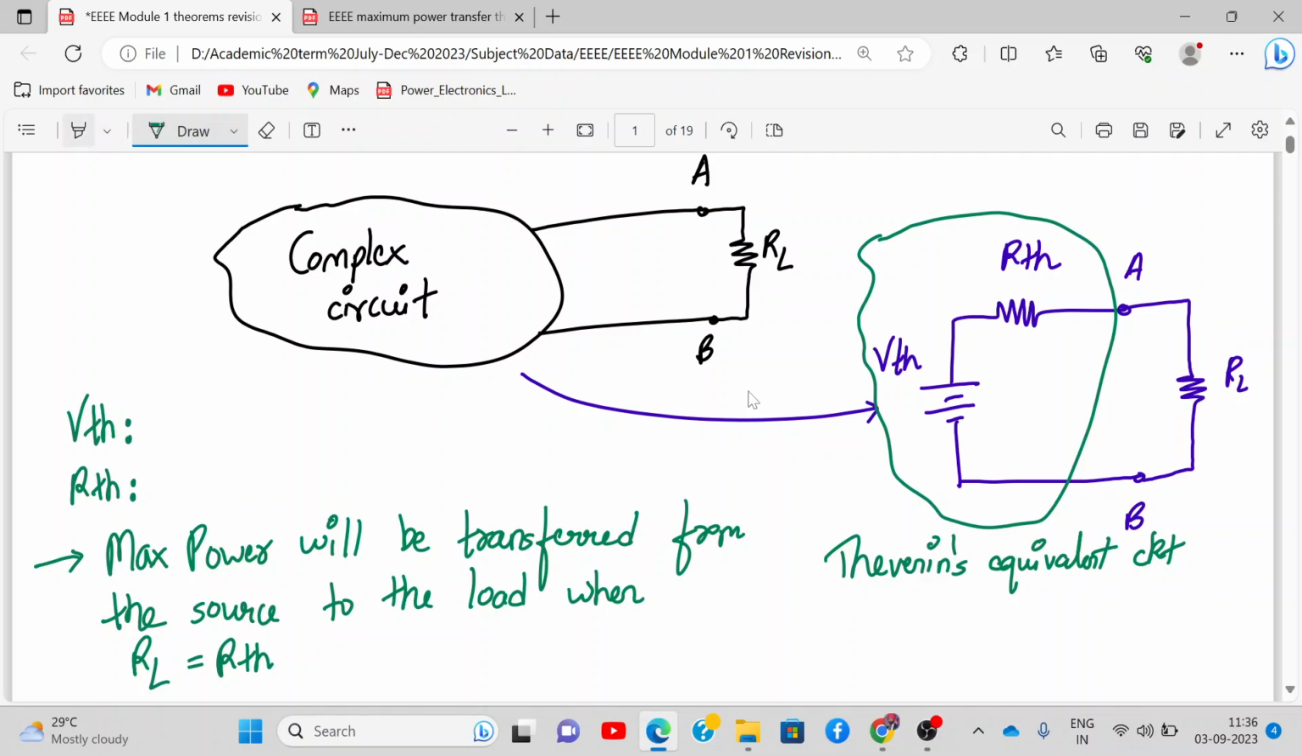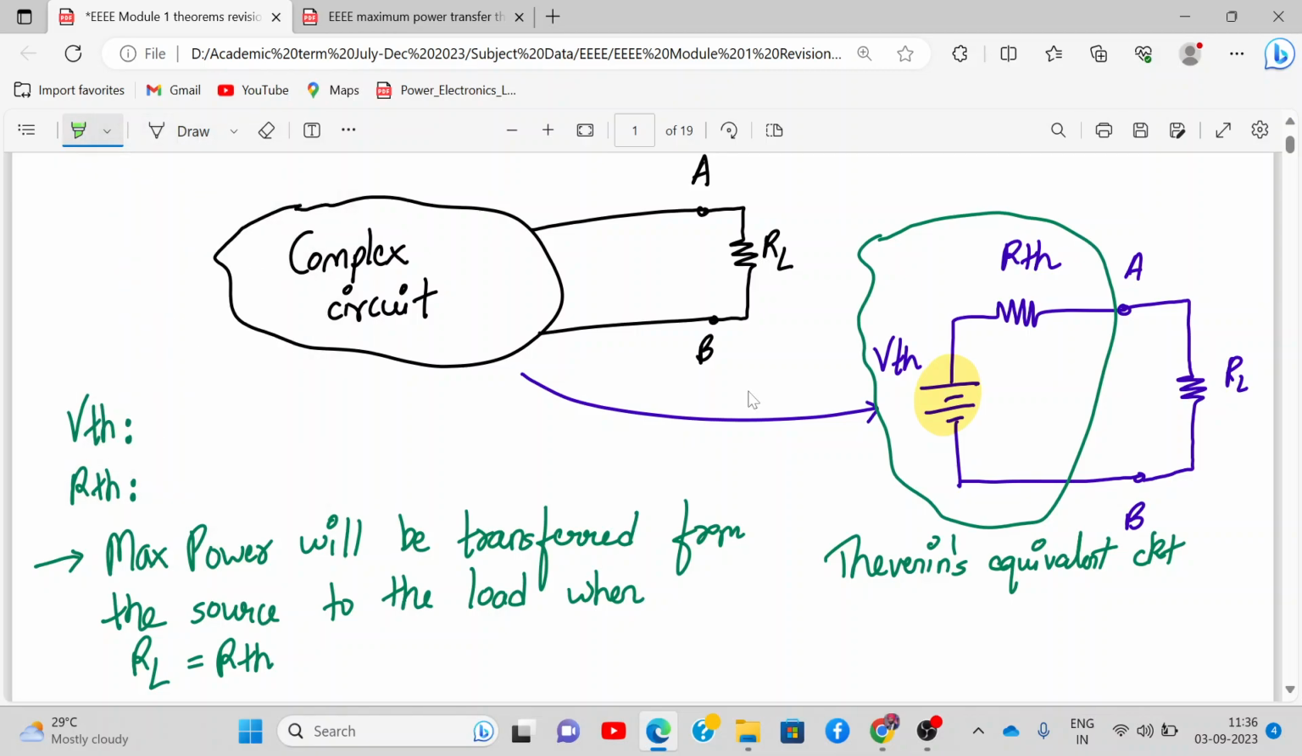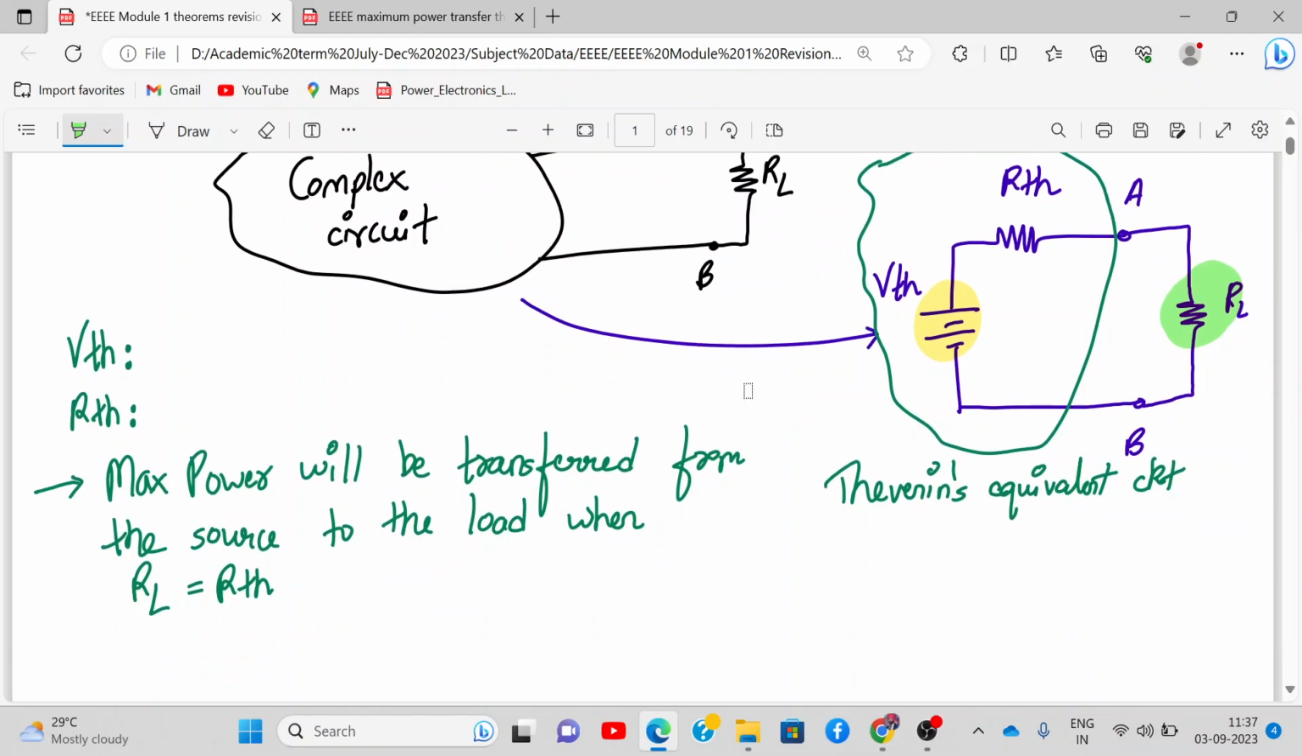So what is the source over here? This is my source, right? This yellow color is my source, and this green color is my load. So maximum power will be transferred from the source to the load whenever RL is equal to RTH. That is what is meant by the maximum power transfer theorem. You got it? Okay. Now, maximum power will be transferred from the source to the load when RL is